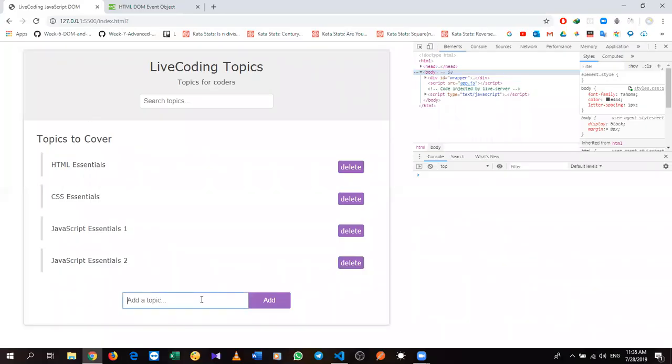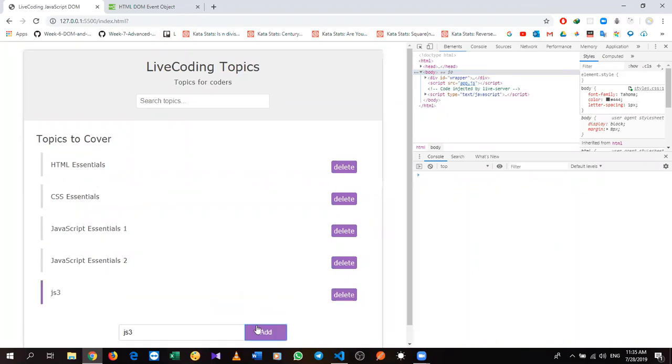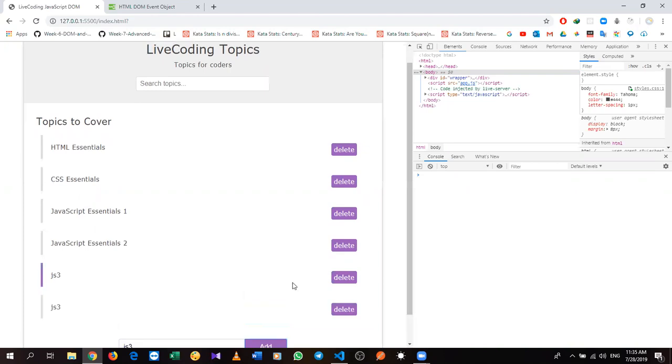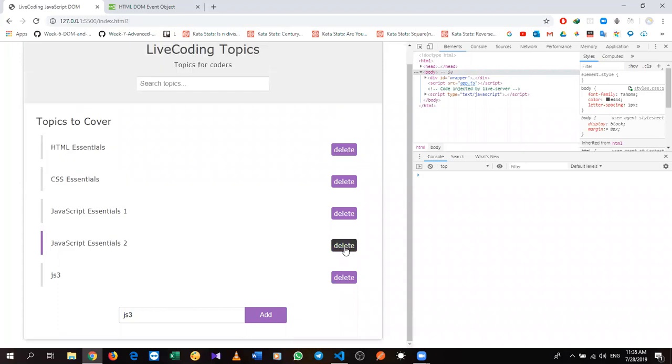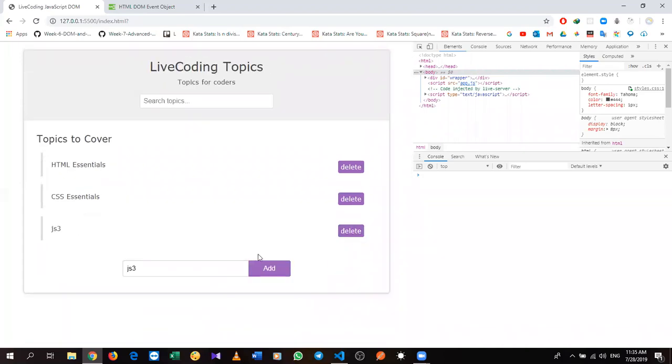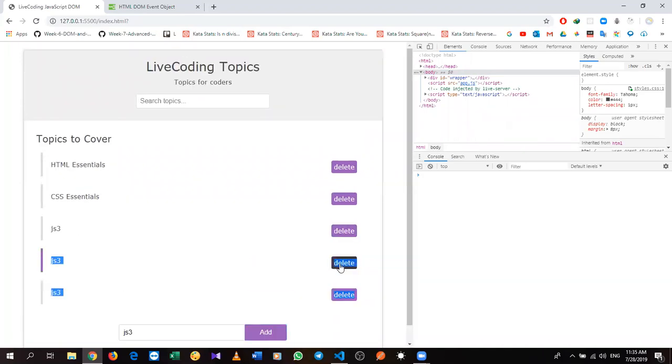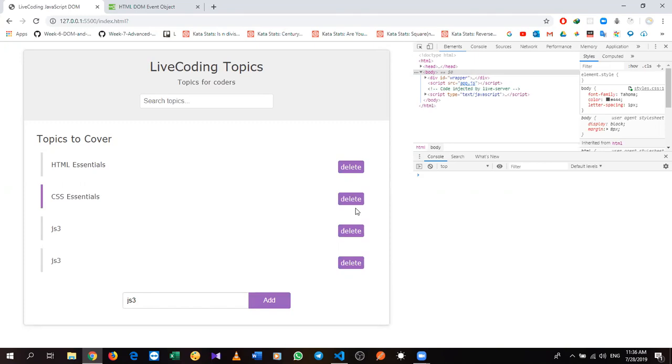Add JS3. Yes, perfect. We had also add class, but anyway, it's not that important really. So you can also delete them, perfect. You can add them, it's functioning. So